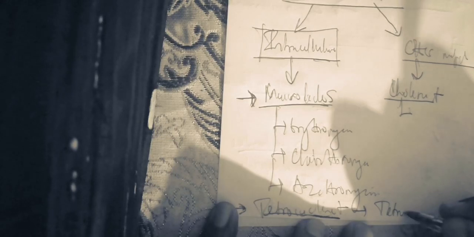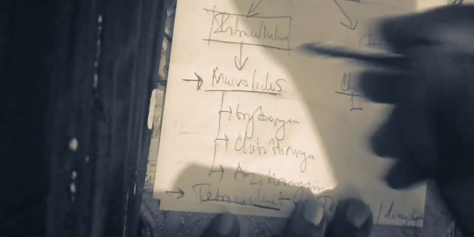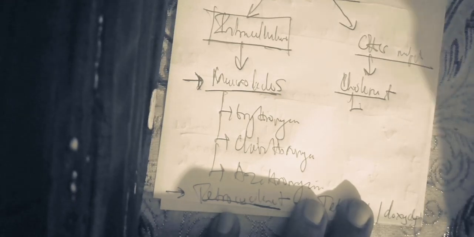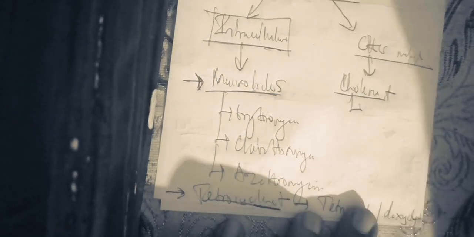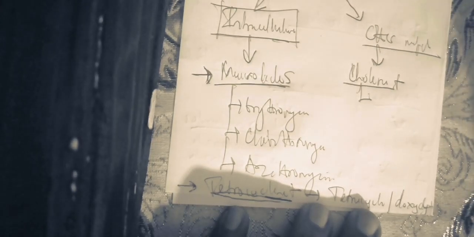An example of tetracycline is tetracycline itself, or you have doxycycline. Is it clear? So you can use both of them when you want to treat intracellular microorganisms that you have seen, like chlamydia, mycoplasma pneumonia. You can use either macrolide or tetracyclines. Is it clear? But you need to know that the contraindication of tetracycline is that it should not be used under the age of 8 years, and it should not be used in pregnancy, because under the age of 8 years it is going to result in discoloration of the different bony structures, and when it is used in pregnancy, it's going to result in